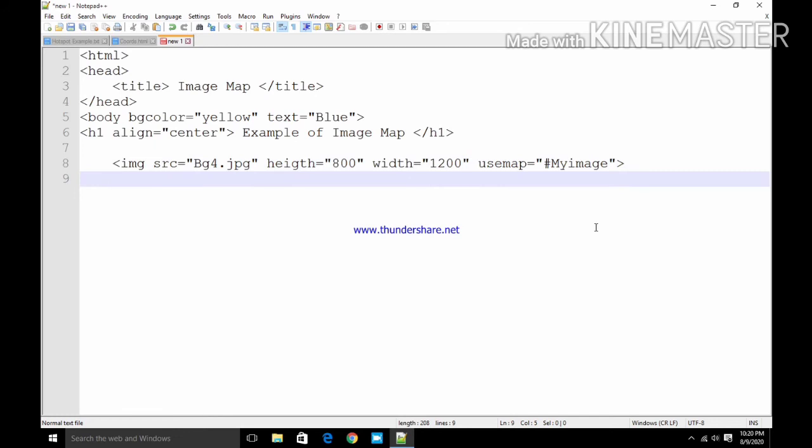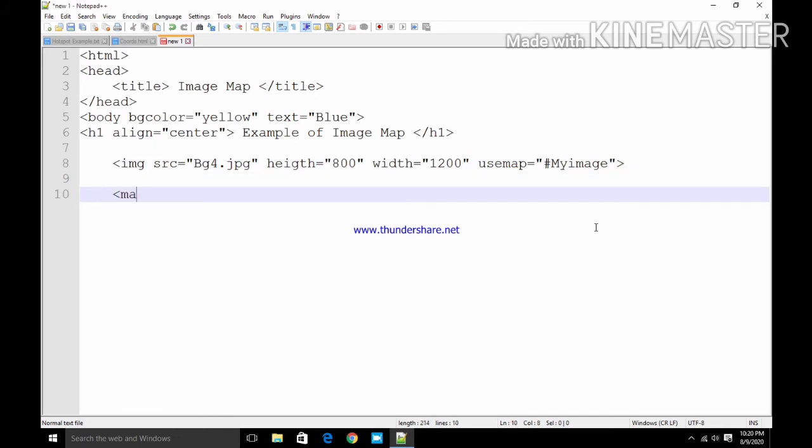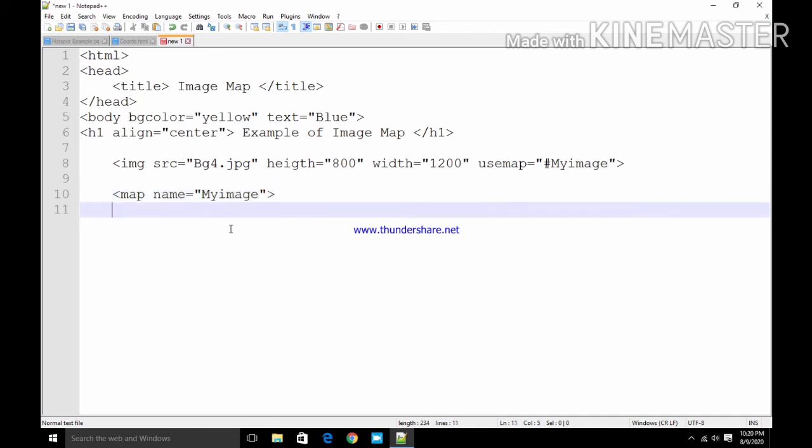Now in the next part we will get a map. Name is equal to, what is my map name, that is myimage. See, while using the useMap attribute, while giving a name we need to prefix it with a hash, but here in the map we will write only myimage. Okay. Then area shape.